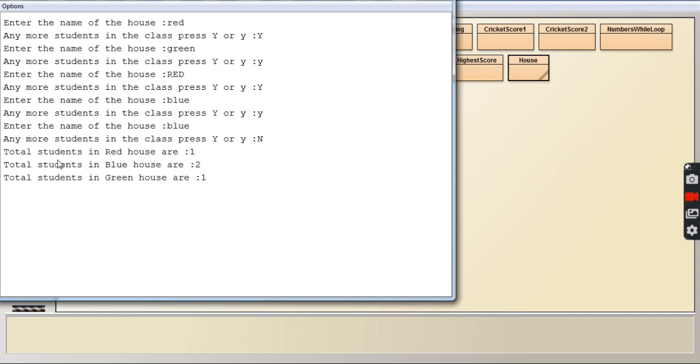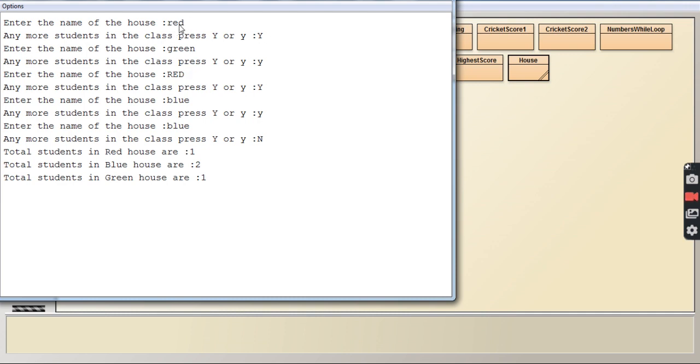See the output. Output says total students in red house are 1. 1 from here. But you will ask me, I have entered red over here also. So this also should have been calculated. But it is not going to calculate, because can you see, this red is given in uppercase, R-E-D in uppercase. So uppercase RED is not equal to lowercase red, and in the program it is lowercase red.